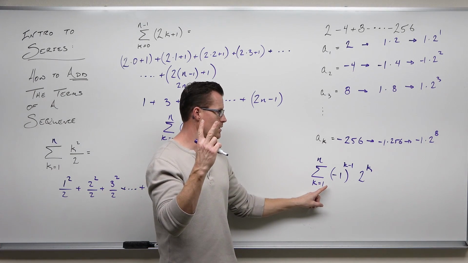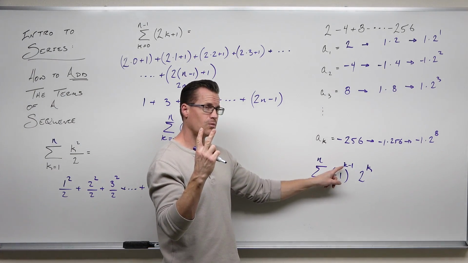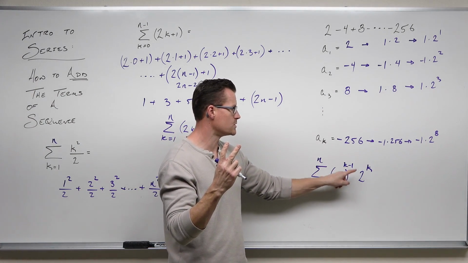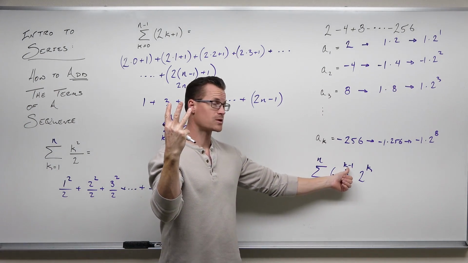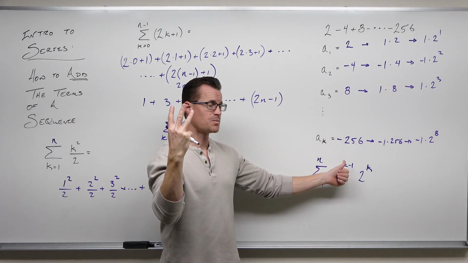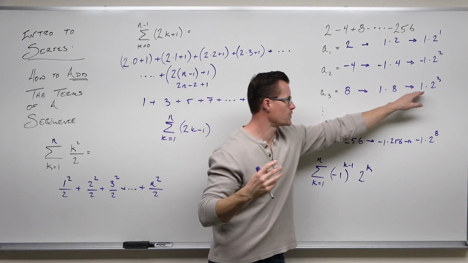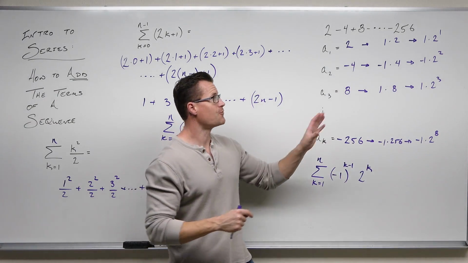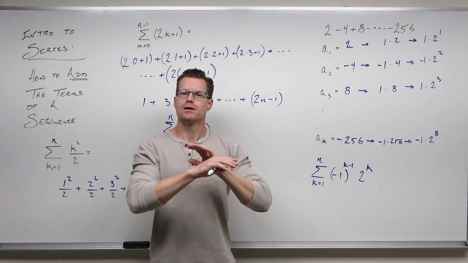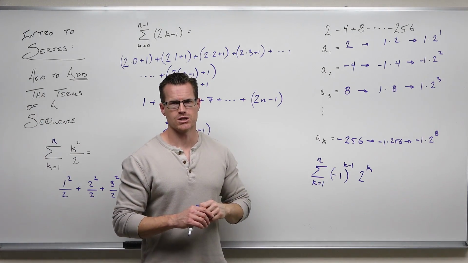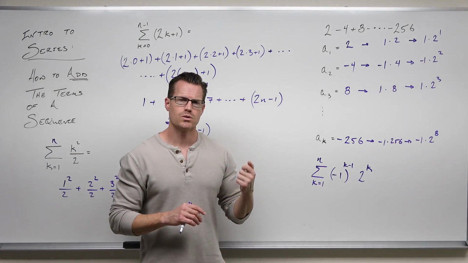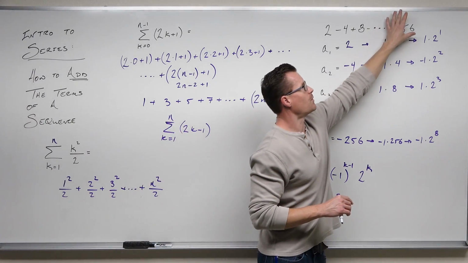Second term, when we plug in 2, I'd get 2 minus 1, that's negative 1, to the second, 2 to the second, that's what we have. The next term, if I plugged in 3, I would get 3 minus 1 is 2, negative 1 to the second is positive 1, 2 to the third, that's exactly what we have. And we say, if we were not given an end, you put an N there. And that N says you go forever until you reach an N. Do you see how you could write? Remember, we're imagining that's not there.